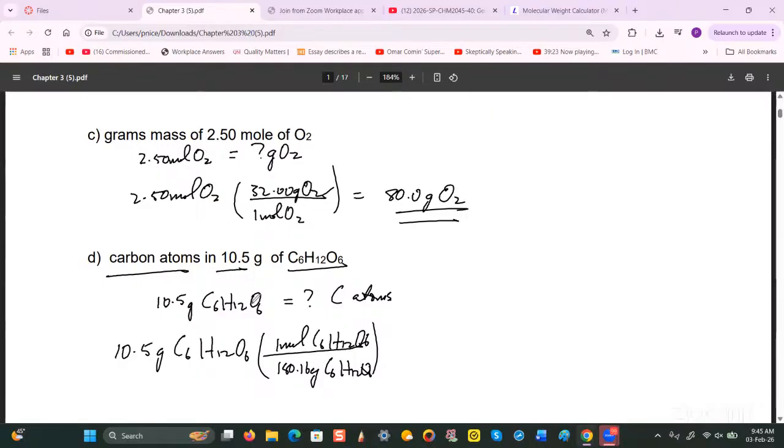So this will cancel out with this, all right? So up to this point, we would have the moles. And then, as the young lady out there in Zoom said, she mentioned Avogadro's number, that can come into play here, right? Because we have the mole value here. We can find the number of molecules in 1 mole, which is Avogadro's number. So the way we will set this up is that we're going to have 1 mole of C6H12O6 down here as the denominator, and up here, 6.02 times 10 to the 23 molecules